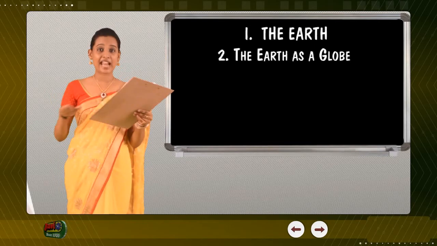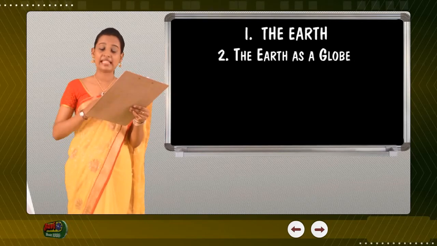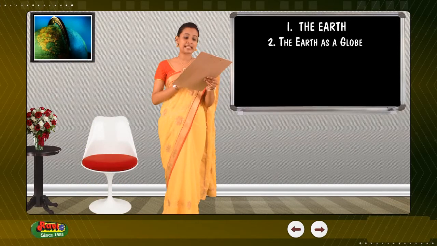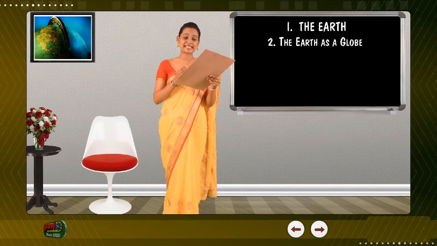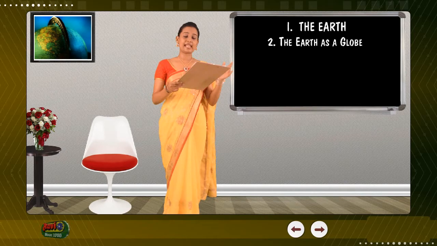The sphericity of the Earth was established by Greek astronomy in the 3rd century BC, and the earliest terrestrial globe appeared from that period. When you look at a globe, you can truly see the way the world looks in all of its complexity. In this lesson, you will learn about the globe.